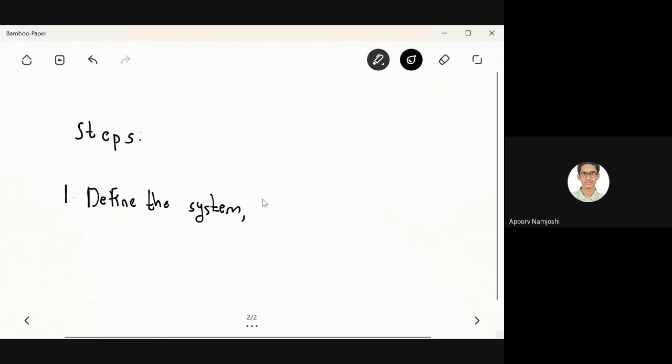Right now, these steps might seem a bit abrupt, but once we start doing the examples, I'm sure it will become much clearer. I will keep going back to this definition for every example that we do. So the first step is to define the system and identify the dependent variable, which is what we have to find,